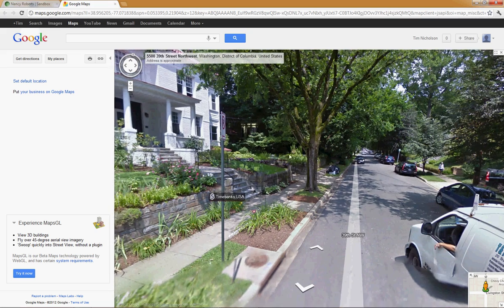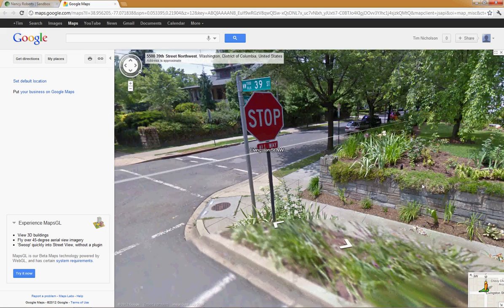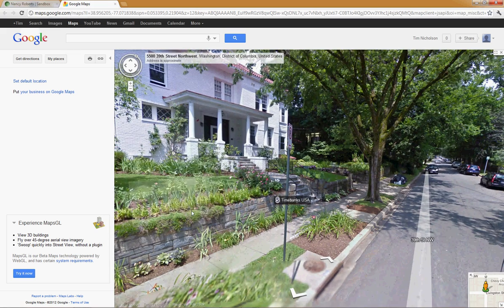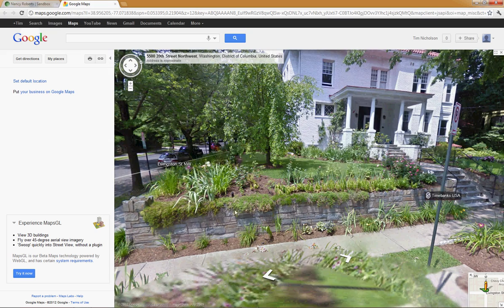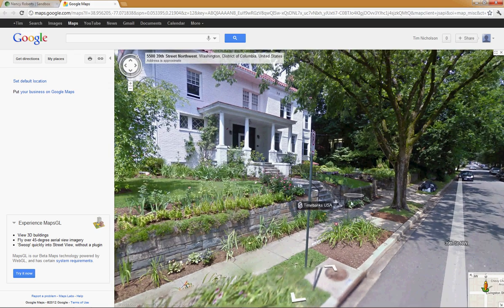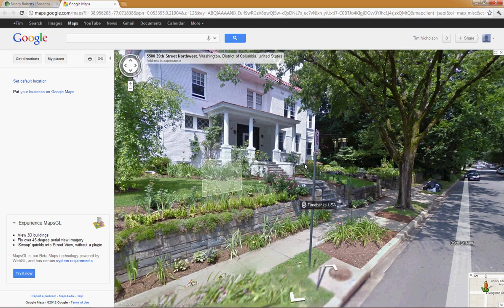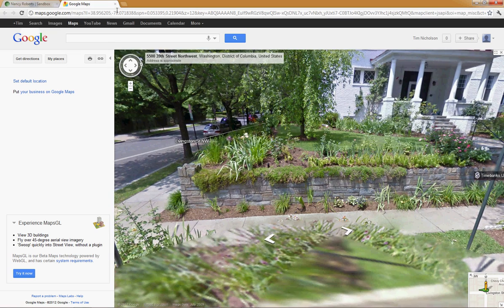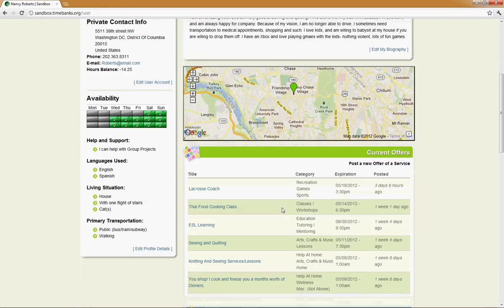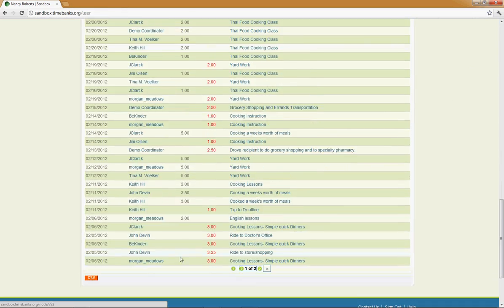So you can use this if, for instance, you wanted to plan a community event, you could drop an address and it automatically links into Google Maps. People can come and check out the area and see where they're going to be working, or you can even say, hey, we're going to be doing work over here or doing work over there, or whatever you want to do. So it's just great to have that interface with Google Maps. So that's really basically it for the